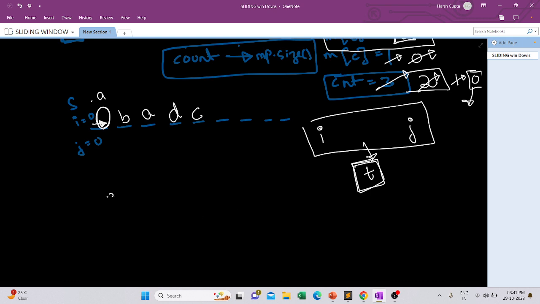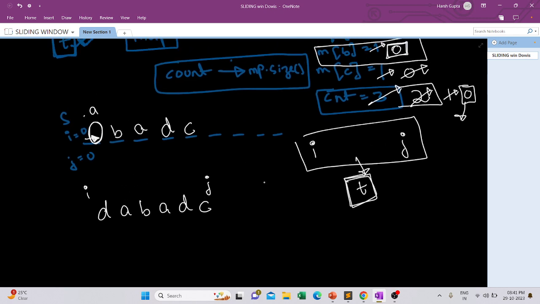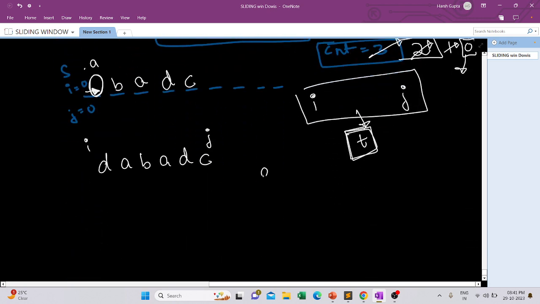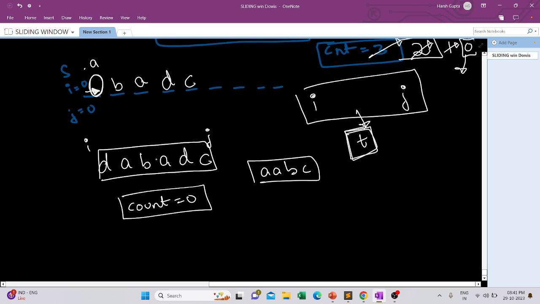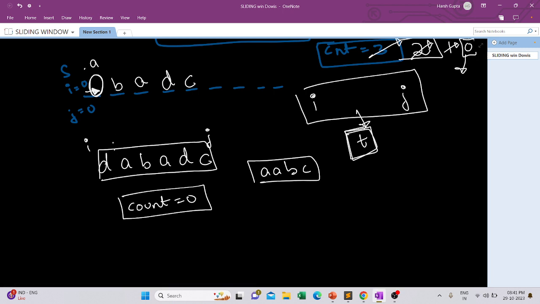For example, let's suppose you have a window where I was over here, and you got D, A, B, A, D, C like this. This is a string S, and your J is over here. And your string T is nothing but A, B, C. Now, this is a valid window, and over here you will get your value of count as 0. But just tell me, if instead of taking this D, we shift our I over here and take this window,